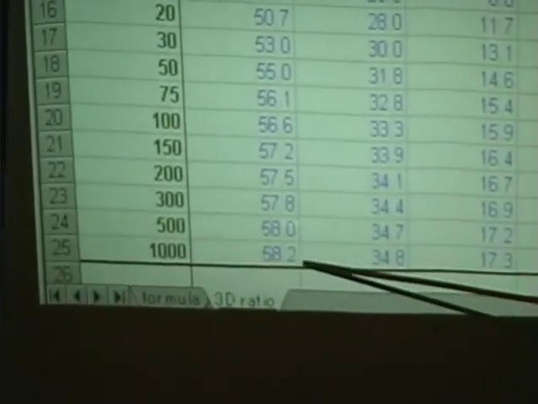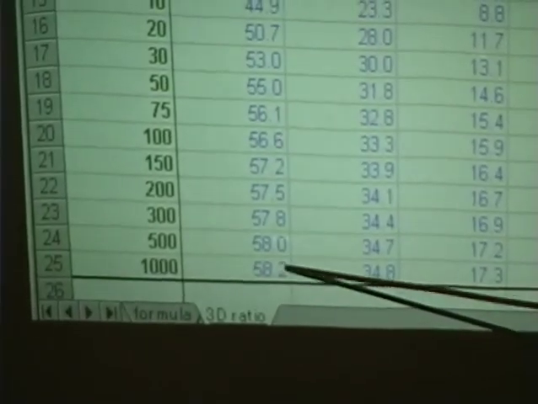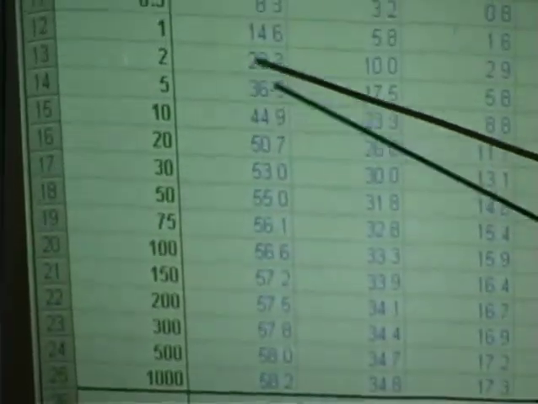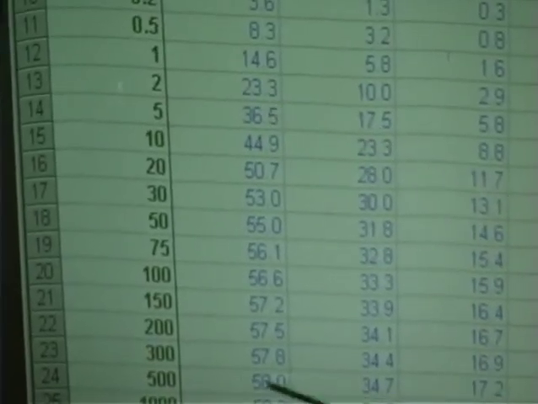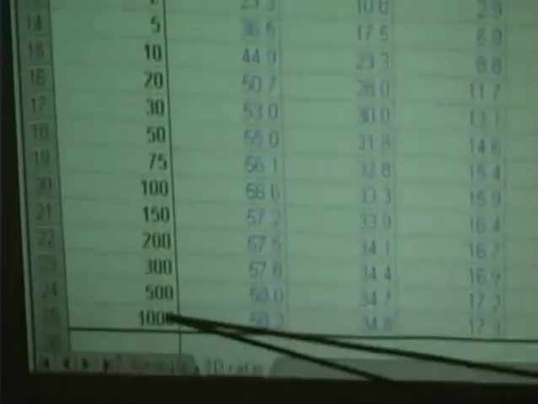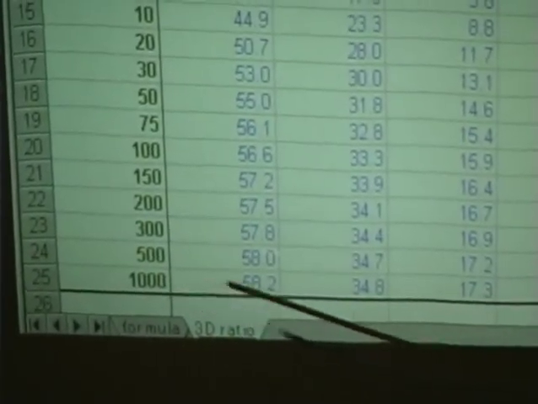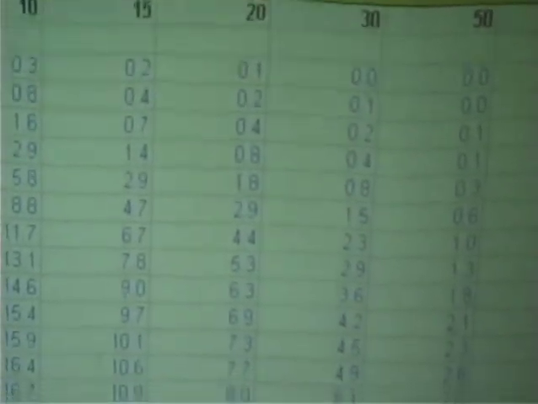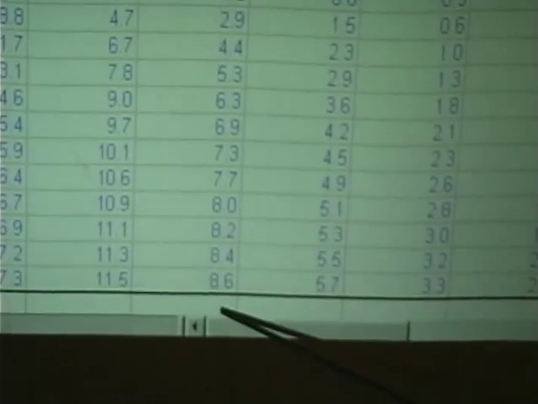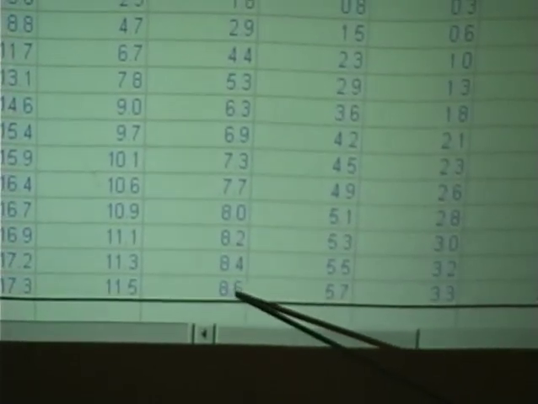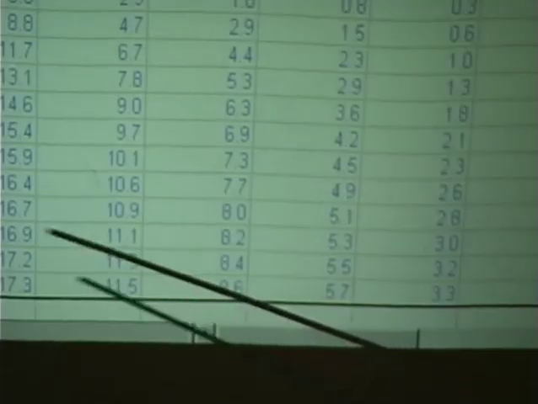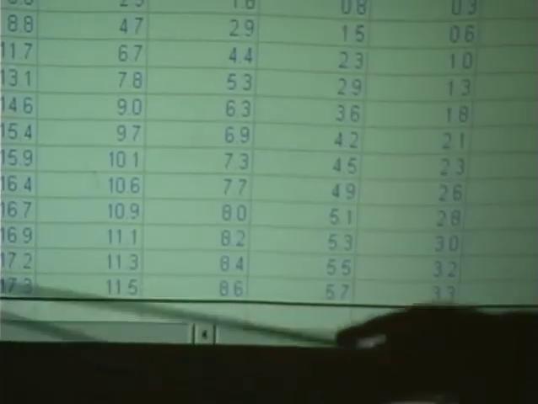You see the stereoscopic effect ratio is very high. But if the background is only at 5 meters, it's much less. Or with the same background distance here, 1000 meters, if you take your main subject at 20 meters, you get only 8.6. You see the much difference between this distance of the subject 20 meters to here 58 for 3 meters.